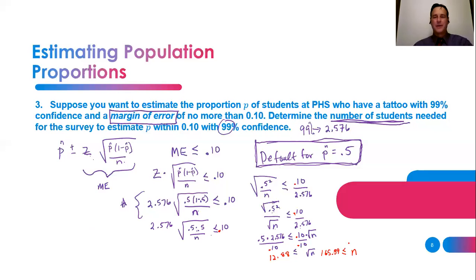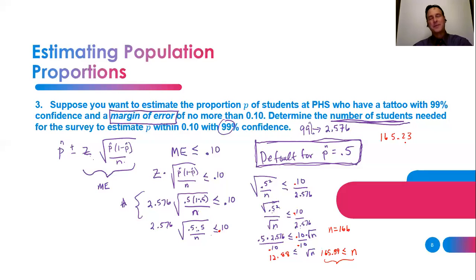And here's the deal with n. This will always happen while I write it this way. When you have your n, you're always going to round up. So your 165 will actually round to 166. So always round up no matter what. Even if you had something like this, I'm going to write this a little bit above. If you had